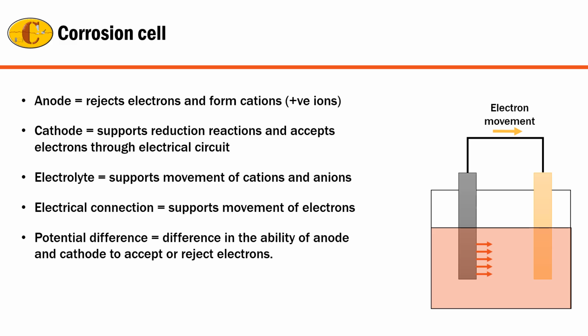Corrosion happens when there is a corrosion cell. A corrosion cell consists of the anode, which dissolves; the cathode, which accepts the electrons from the anode; the electrical connection, which supports the transport of these electrons from anode to cathode; the electrolyte, which is the medium that promotes or provokes the corrosion of the anode; and the potential difference, or the ability of the anode and the cathode to accept or reject electrons. When you have a single component,